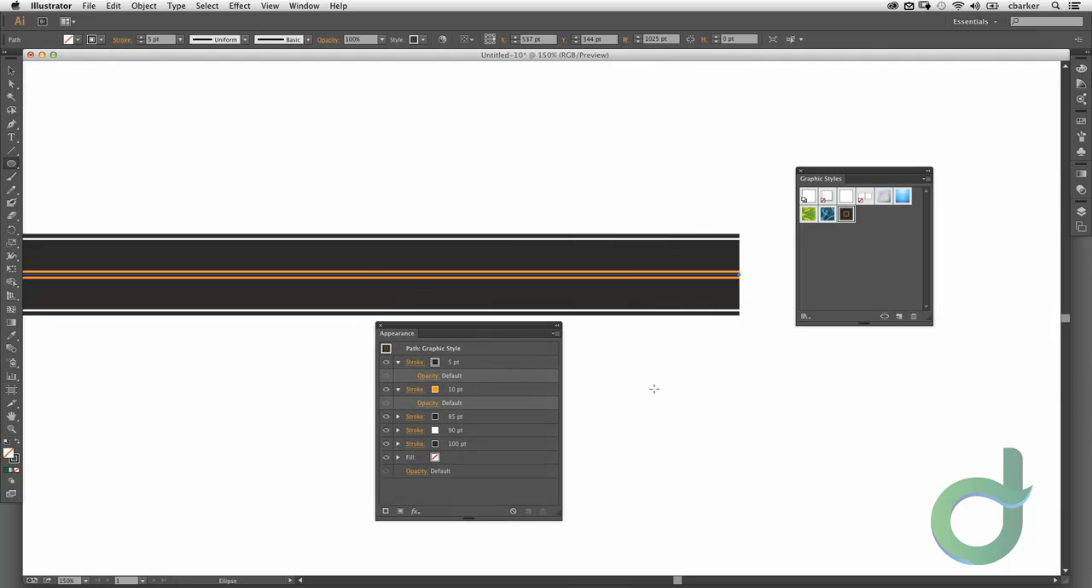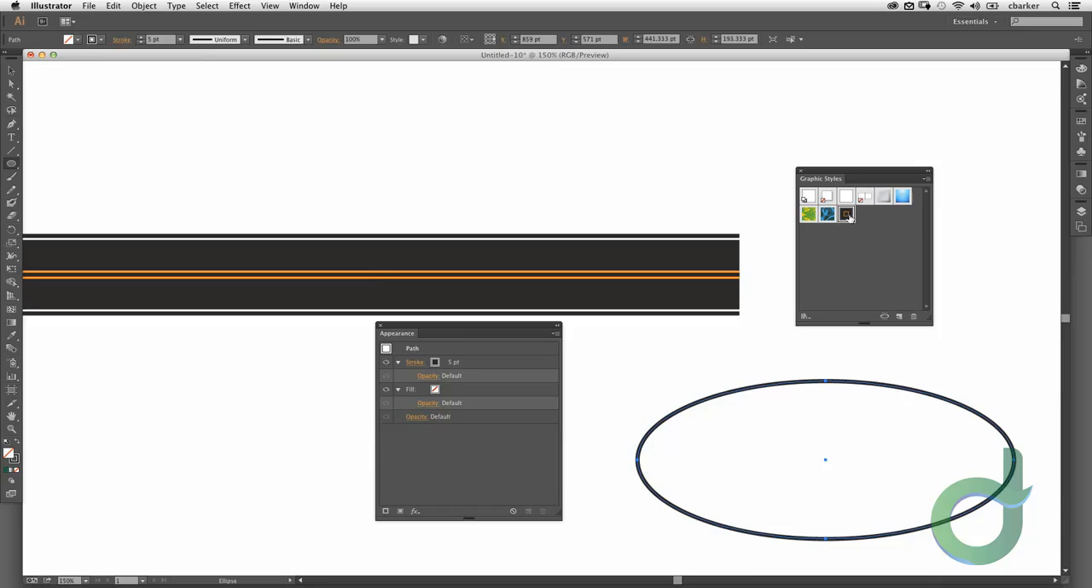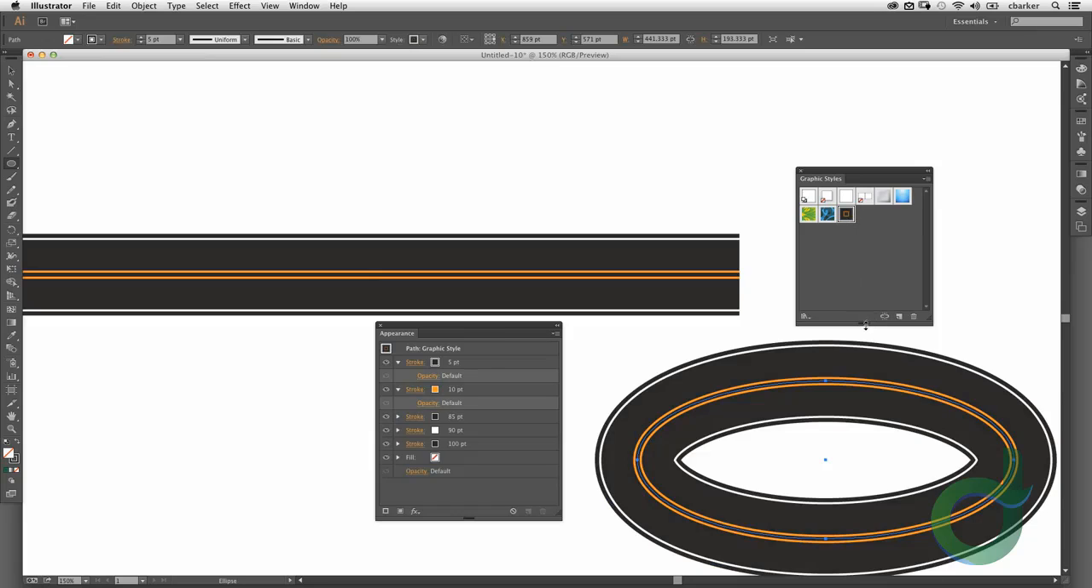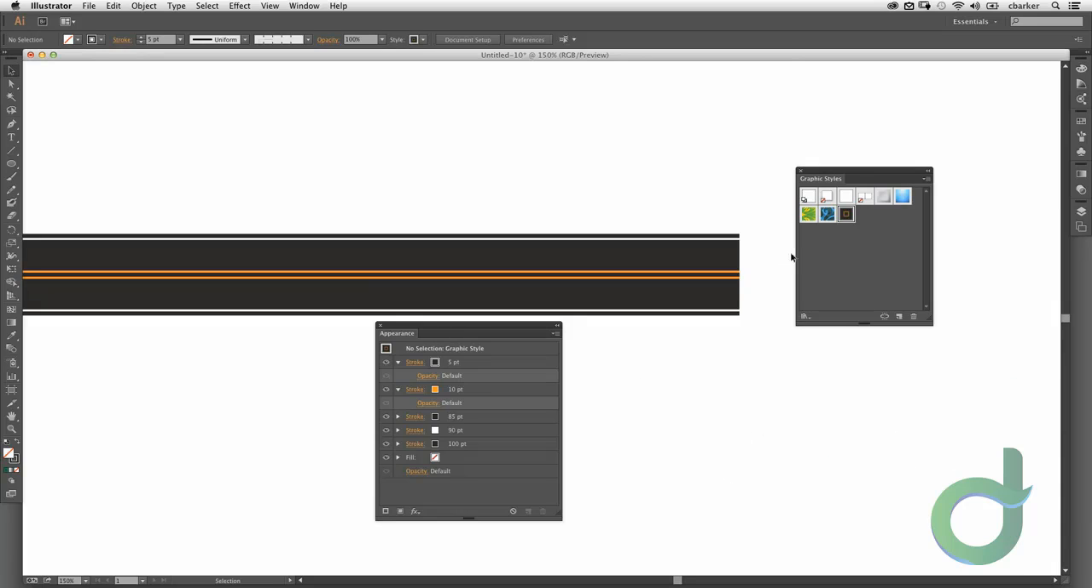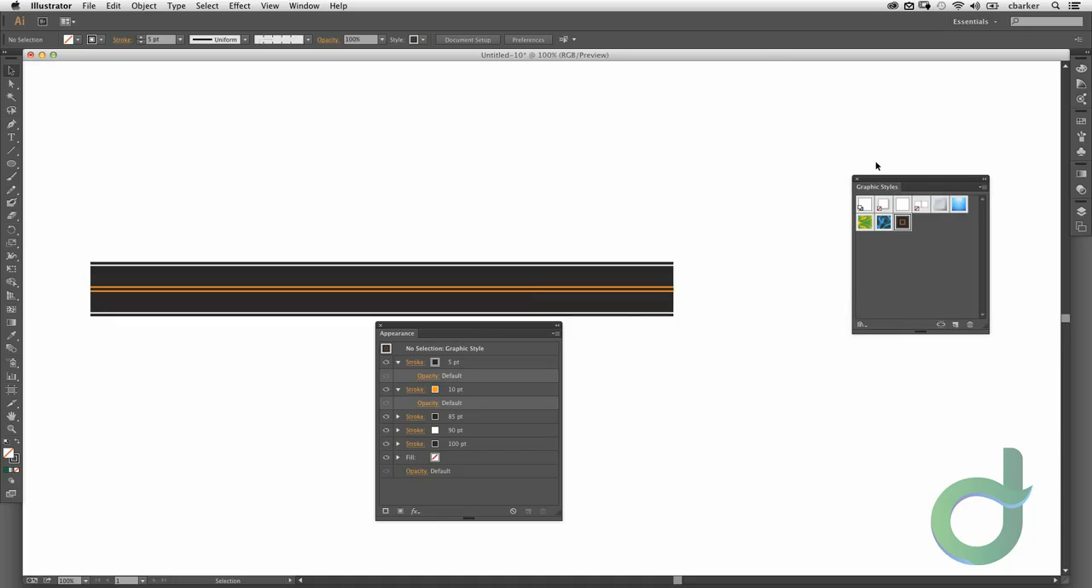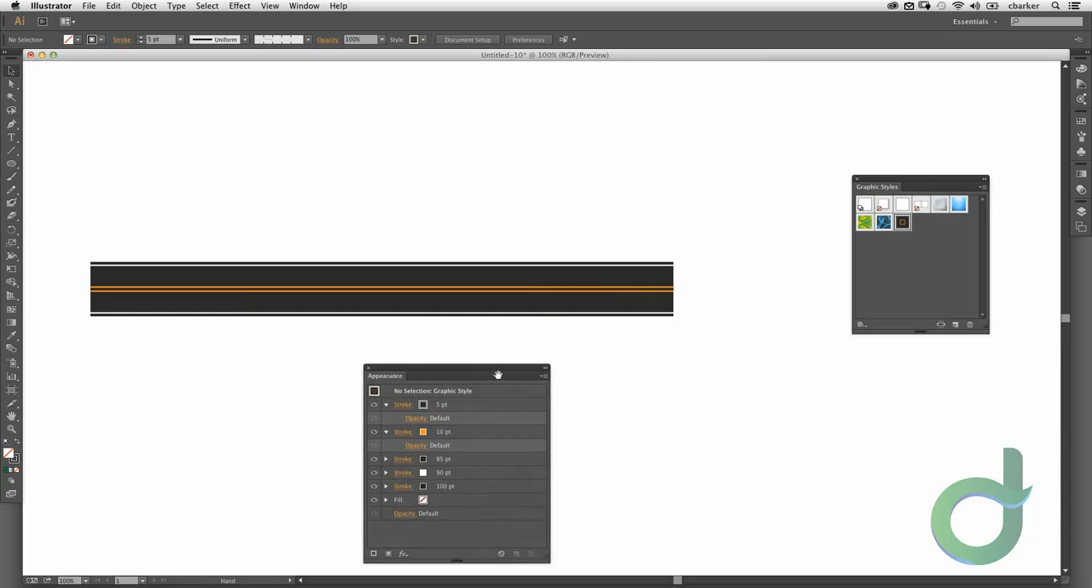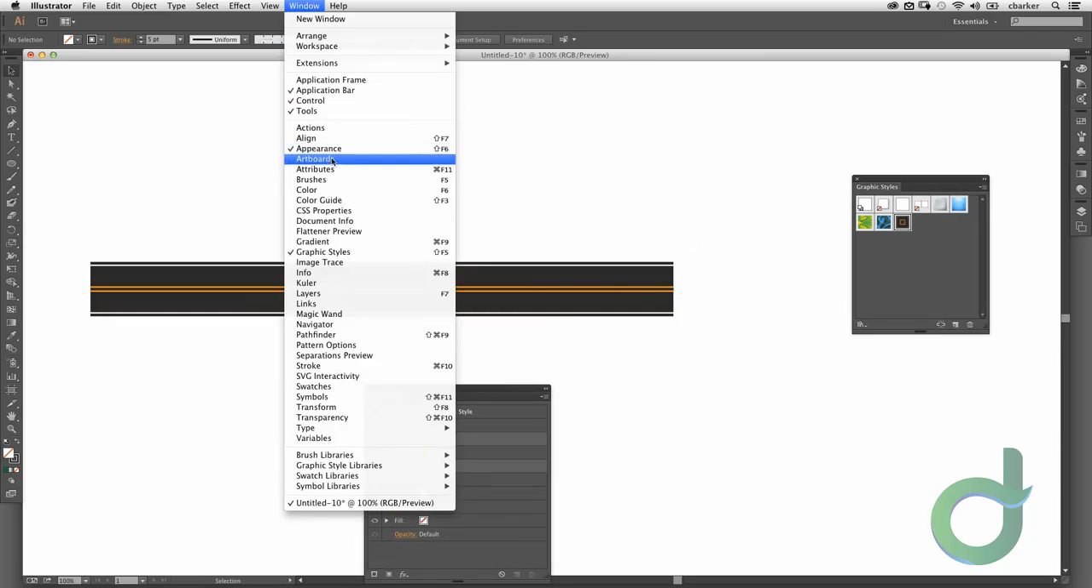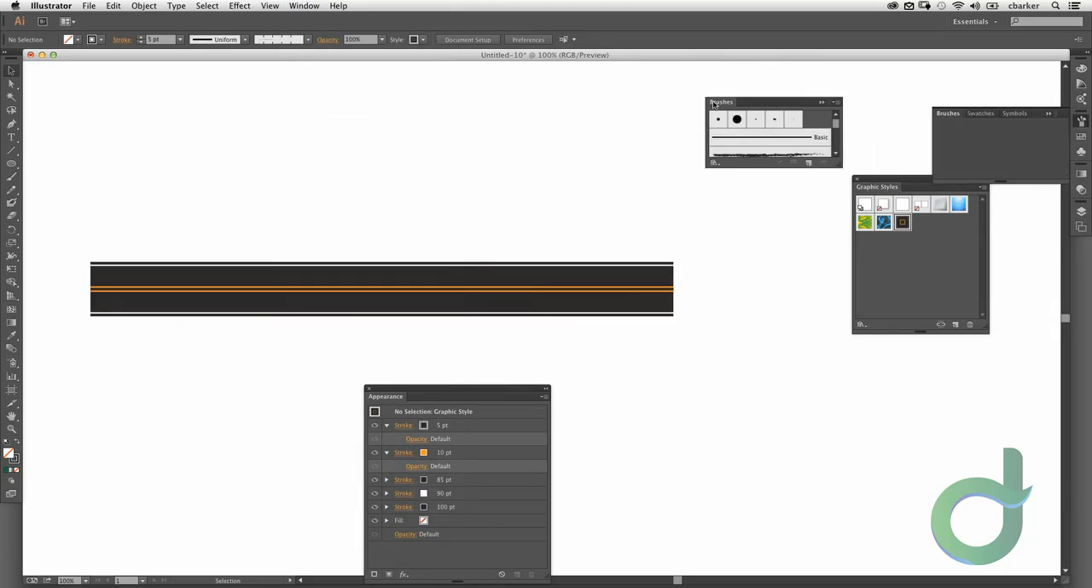So if I have any kind of graphic element like this road here, I can simply apply my road graphic to that. And there I have the world's smallest oval racetrack right there. But what I like to do, and this is something we did in the very first lesson, is create a brush out of it. So if I go and open up the brushes panel,